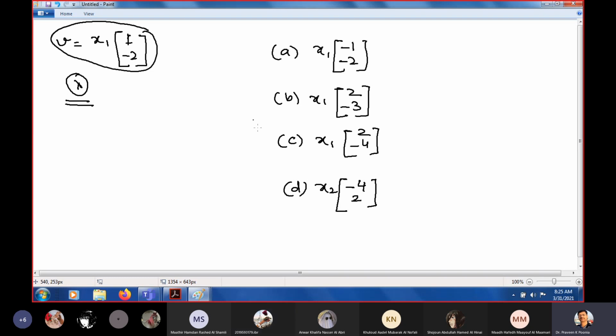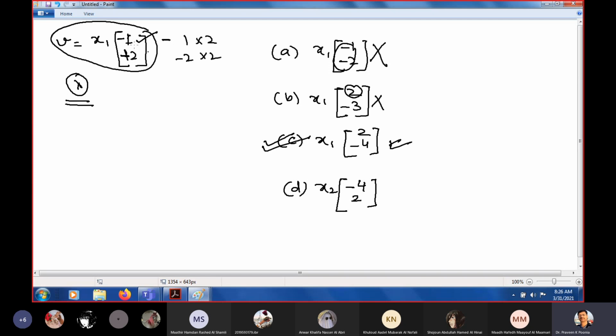C. Yes, very good. C is the right answer. Why is C the right answer? Because look here, here is one negative. In this we have written 2 negatives. This is not possible. Either the negative will be here or it will be here. Only one place will be negative, because if we take minus 1, it will change minus to plus. Here it is 1, here it is 2. If we multiply 2 times 2, 4, this is not possible. But if we multiply 1, minus 2 by 2, then you will get this answer.